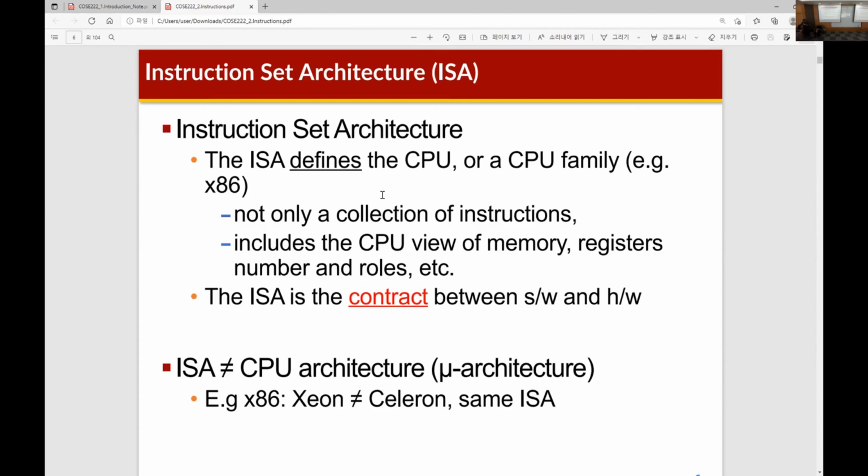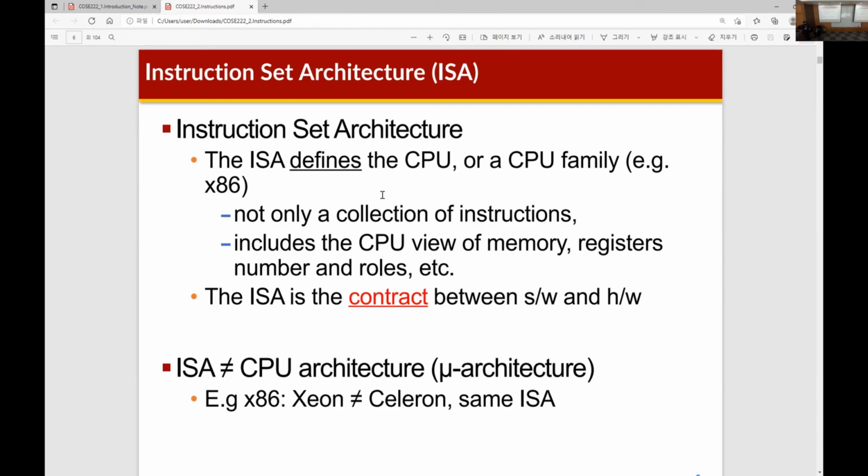If the CPU is designed for x86 ISA, then that means the CPU can run the binary code compiled using an x86 compiler. So that means we can actually run the Linux operating system on an ARM computer. Like,